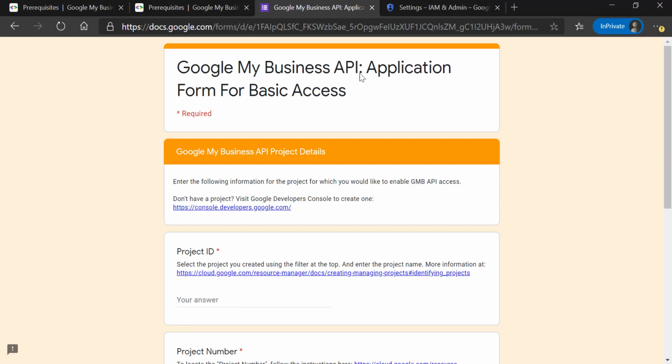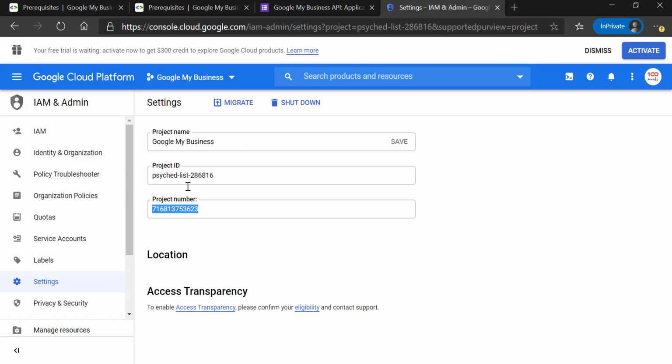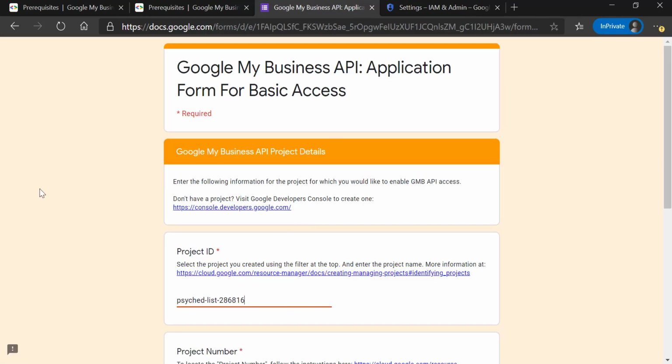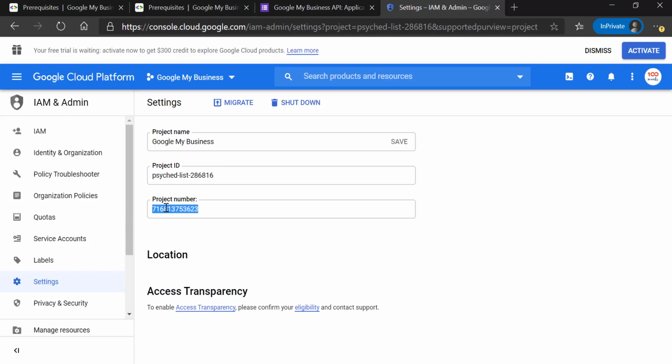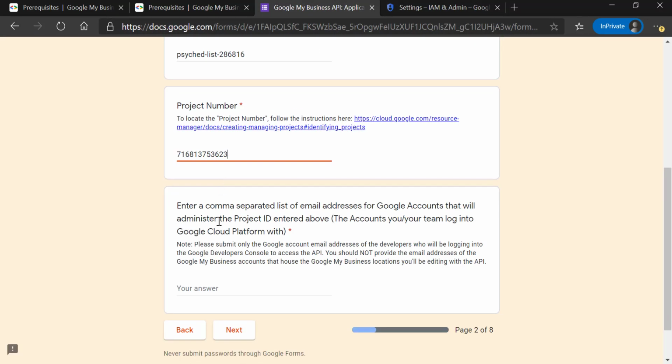It is asking about the project ID. Let's take the project ID from here. By filling up the project ID here, the project number, this project number is here. Your account, for example, I would say my account is this.